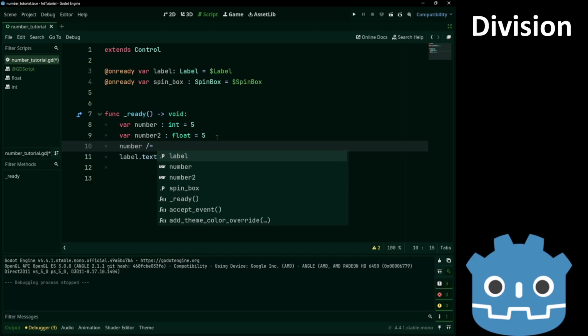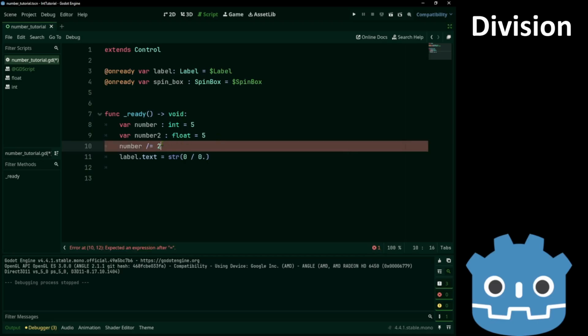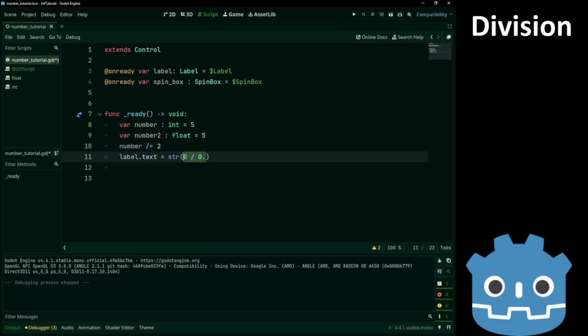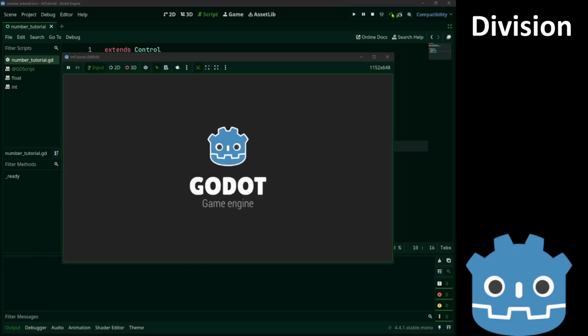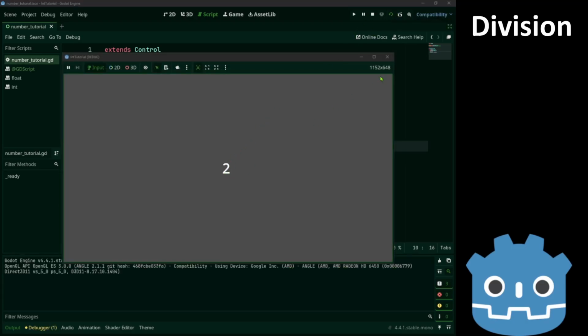We can use slash equals to store the result to the number variable. Let's divide it by 2. And we get just 2 instead of 2.5.